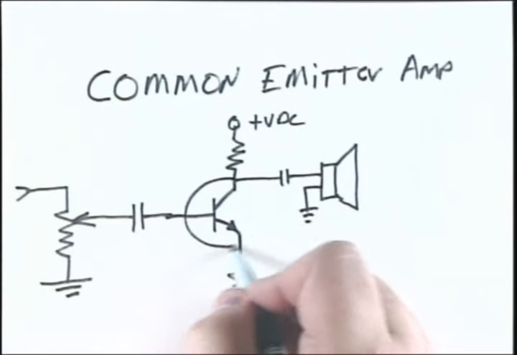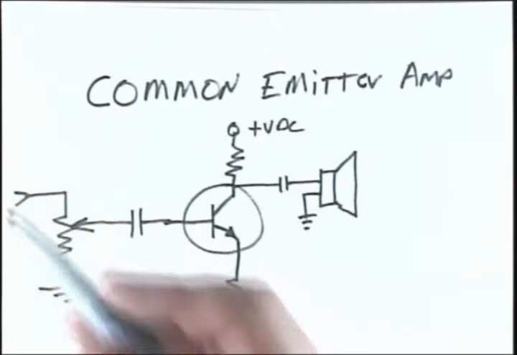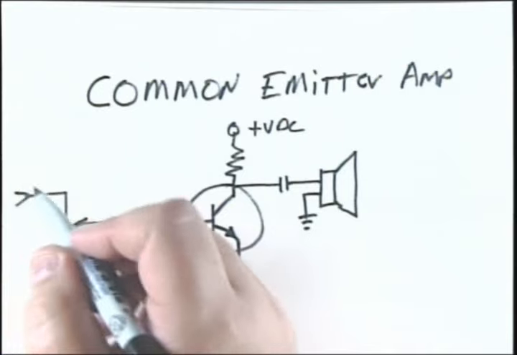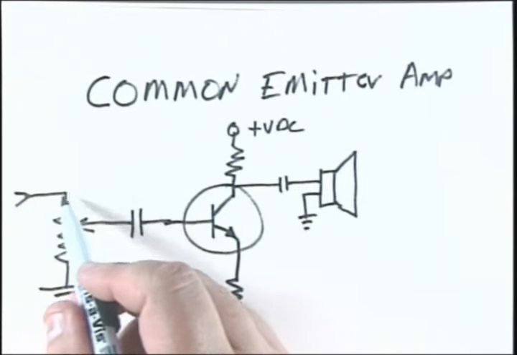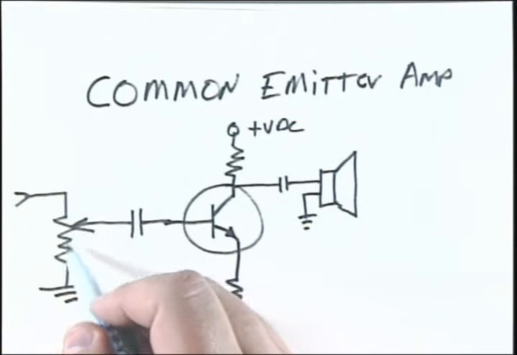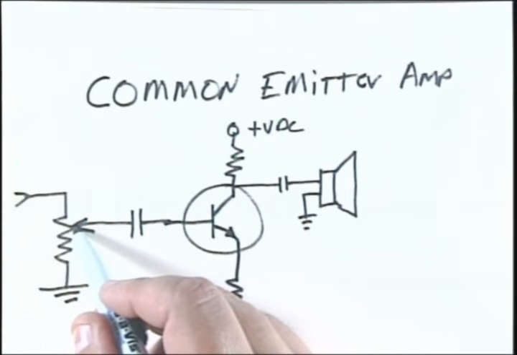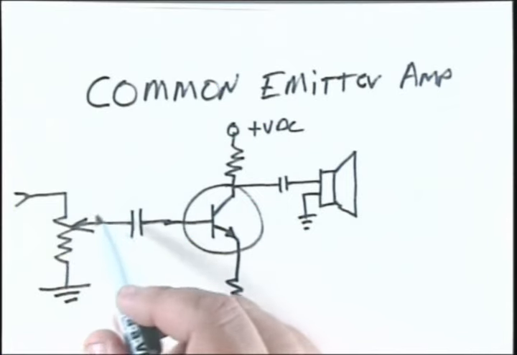Here's a common emitter amplifier. We've got an input signal that could be an audio wave coming from a preamplifier. It is dropped across this resistor. This is a variable resistor, and it's a volume control. Depending on where this wiper arm is tapping on this resistor, the signal level is fed through to this